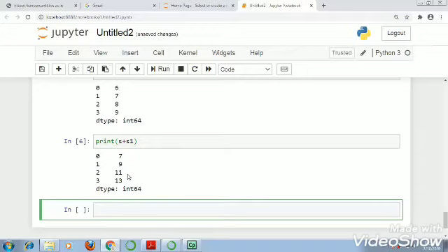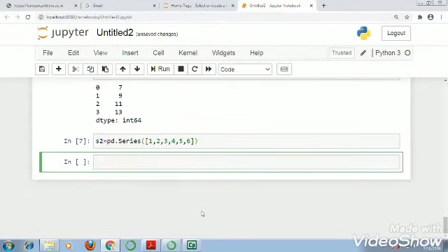So what will happen if we have different indexes in both the series? Suppose this series is S1, and I am going to create one more series. Suppose that is S2. So S2 equals to pd.Series, and here the elements are 1, 2, 3, 4, 5, 6. More elements are there, and shift enter. This series is created. Now suppose I write print S1 plus S2.